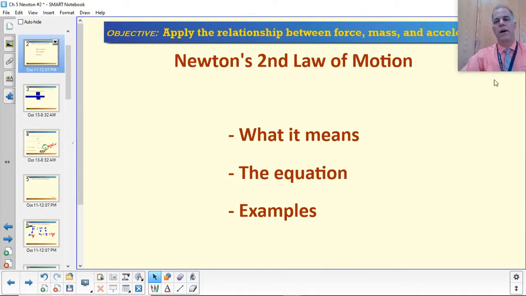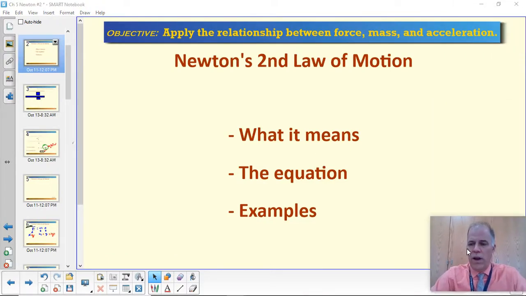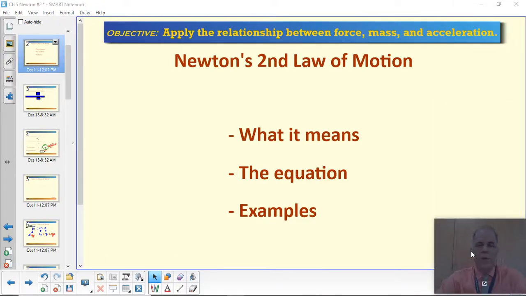Newton's second law is the most commonly used of Newton's laws. There's a math equation that goes with it. It's a pretty simple one, but there is some math. We can actually hang numbers on this and make predictions about how the universe is going to behave, which is very, very useful. So we'll talk about what it means with the equation, then we'll run through a couple examples of it.